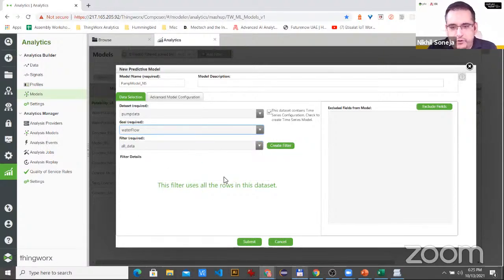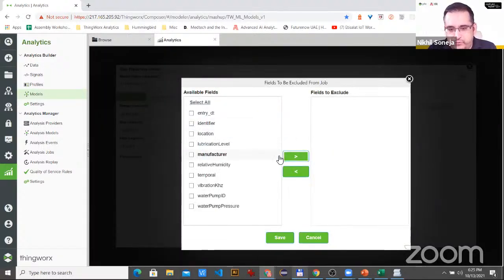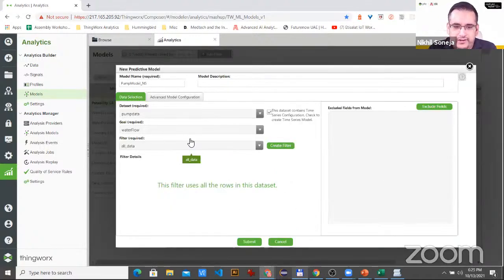The filter, we don't want to exclude any fields. You can also exclude some fields if it will make it faster. So you could exclude the other fields. But for the purpose of this, we will just leave all the fields in. You could also exclude rows. You could create a filter so that it excludes rows with a certain value. We're not going to look at that. We're just going to keep that. You see this is automatically checked on because it knows it's a time series data configuration.